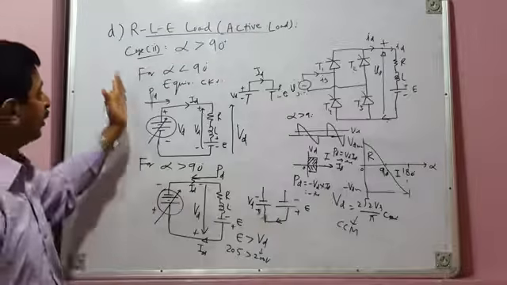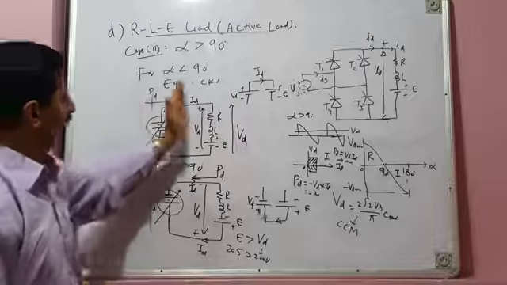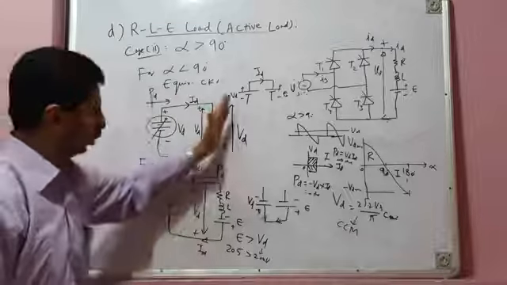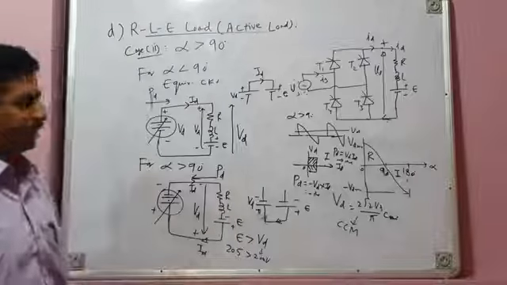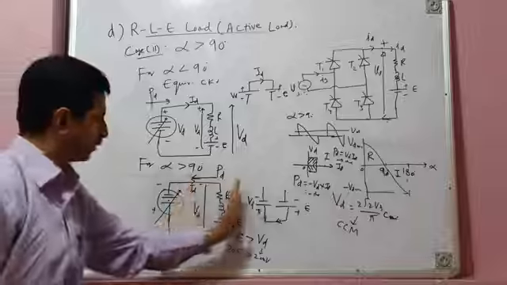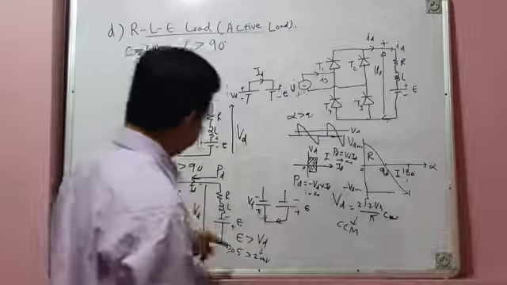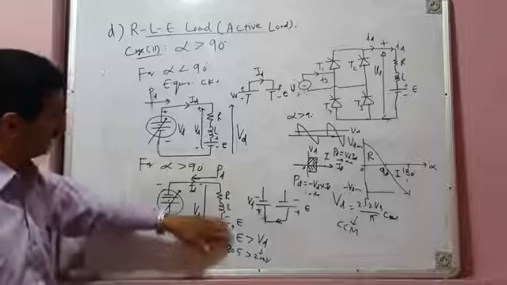For rectification mode of operation, direction of power flow is from AC side to DC side, that's source to load. And for inversion mode of operation, direction of power flow is from DC side to AC side, that means from load to source. So therefore, with active load it is only possible with, say,